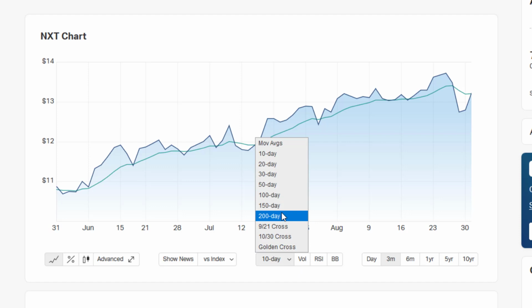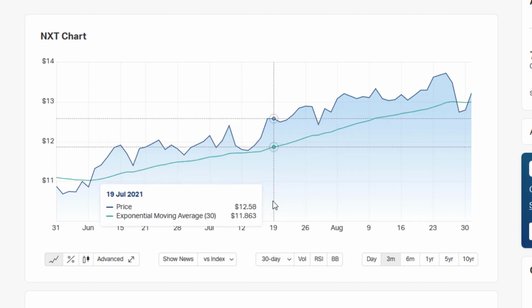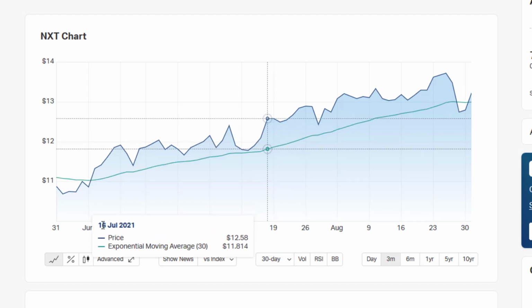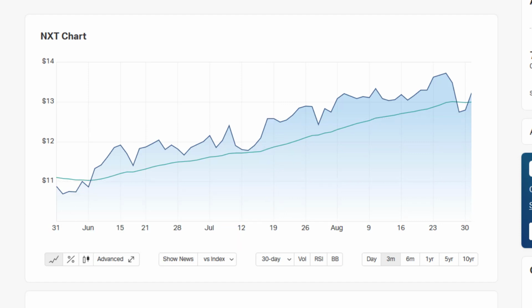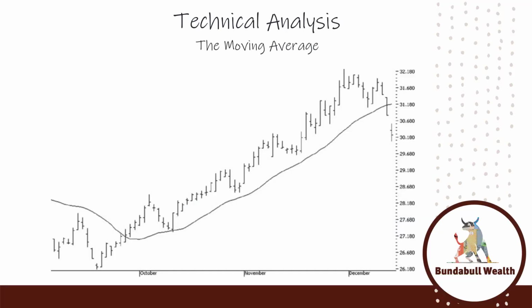The common way to trade a moving average is to buy a share if its price breaks above its moving average and to sell it again when the price falls below the moving average. In this picture, you can see that the price broke above the moving average around $27 and then traded higher, not breaking below the moving average again until the far right of the chart at around the $31 mark.